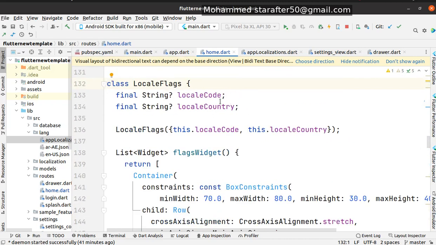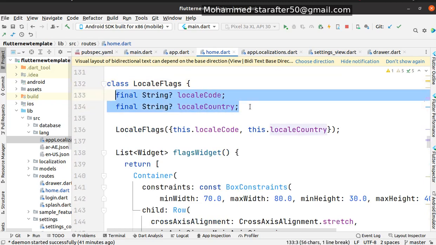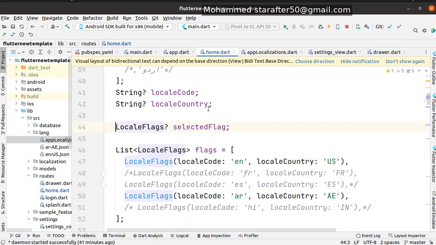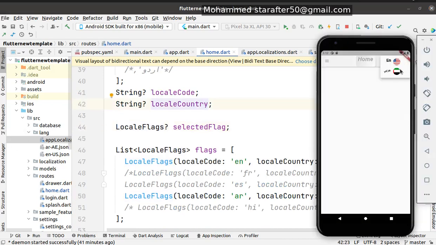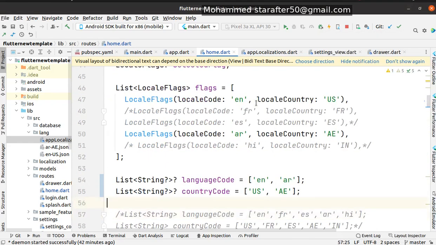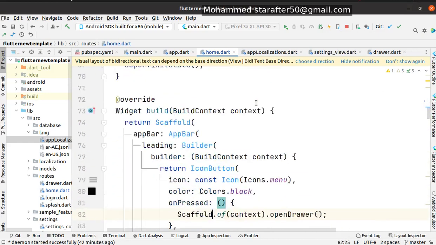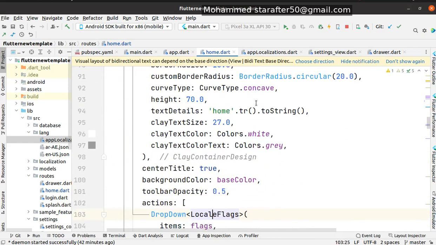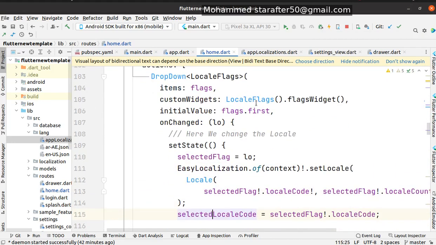So this is the Locale flags. It has two properties, the Locale code and the Locale country, and that's it. So the Locale flag is actually the design of the space where your languages will show up in your application. That's it. Okay, now let's implement all what we have said in here. Let's implement it in the drop down. This is the drop down. It takes a type of Locale flags,